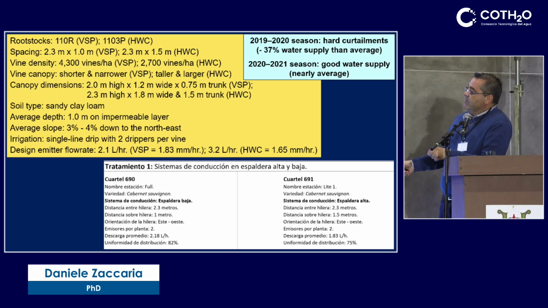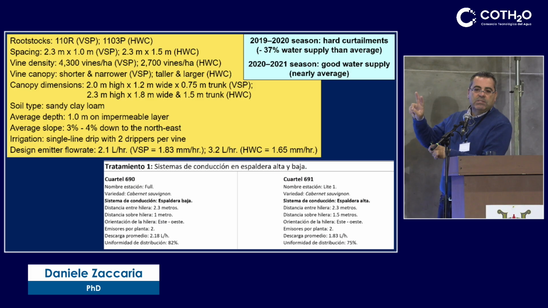A little bit of information, I'm not going to go through this, but you see the rootstock, the planting spacing, the vine density, vine canopy, canopy dimension, type of soil, all the characteristics of the vineyards where we work. And I have to make sure you understand